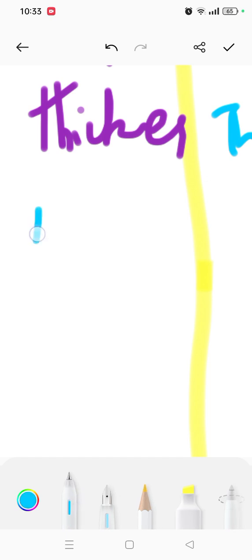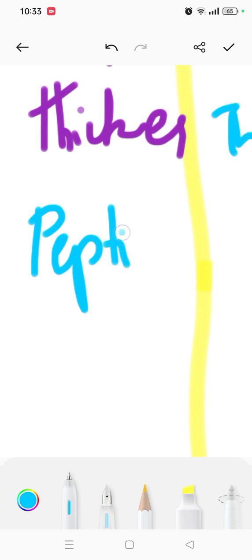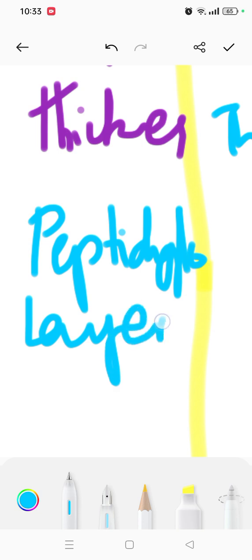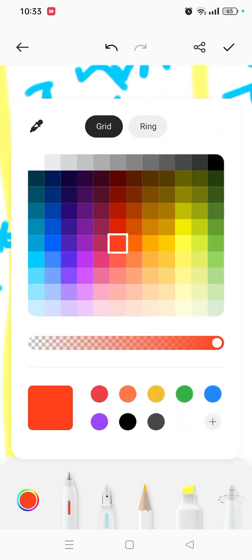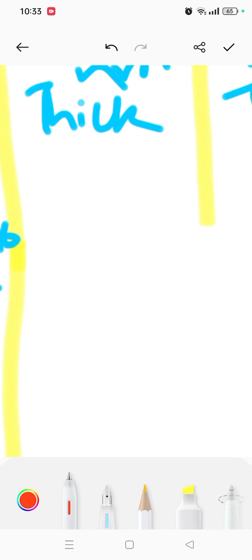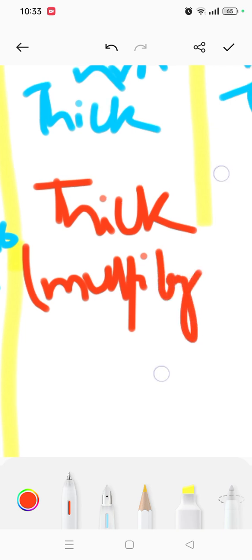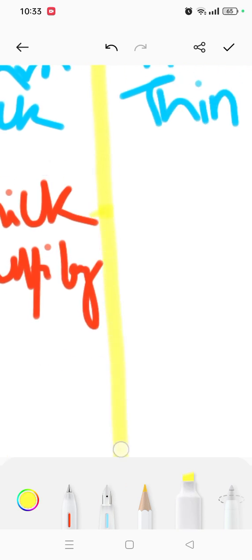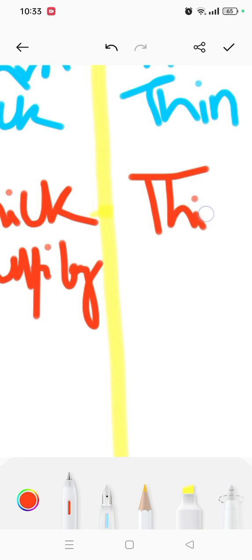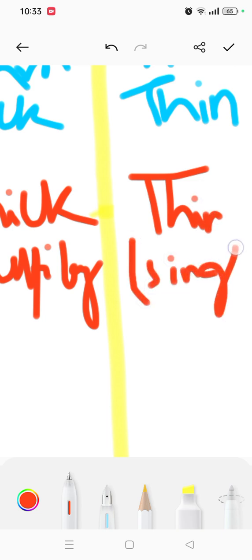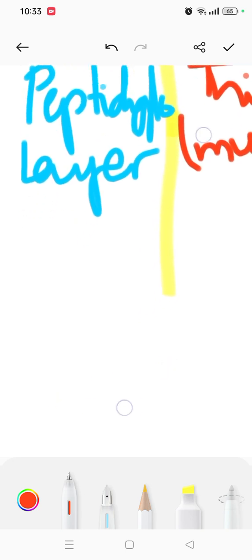So not thickness but the peptidoglycan layer. I will show you the picture as well. In gram positive it is thick, which means multi-layered. A lot of peptidoglycan layers are present. And in gram negative, they have a thin layer, so we call this single layered. Okay, then when we talk about rigidity,